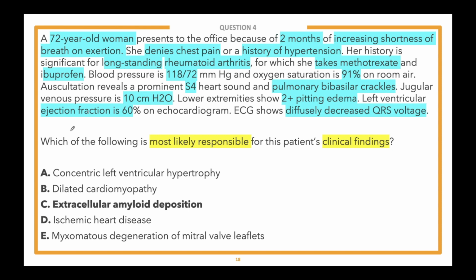Well, answer choice E, that's getting at something like mitral valve prolapse that can lead to mitral regurgitation and then maybe heart failure. But this patient would then present with the systolic murmur and an S3 sound, and so not really what's going on in this patient. Ischemic heart disease, answer choice D, such as in patients with repeated heart attacks or myocardial infarctions, that would be more associated with the dilated scarred ventricle and systolic dysfunction, which is not what we have going on here.